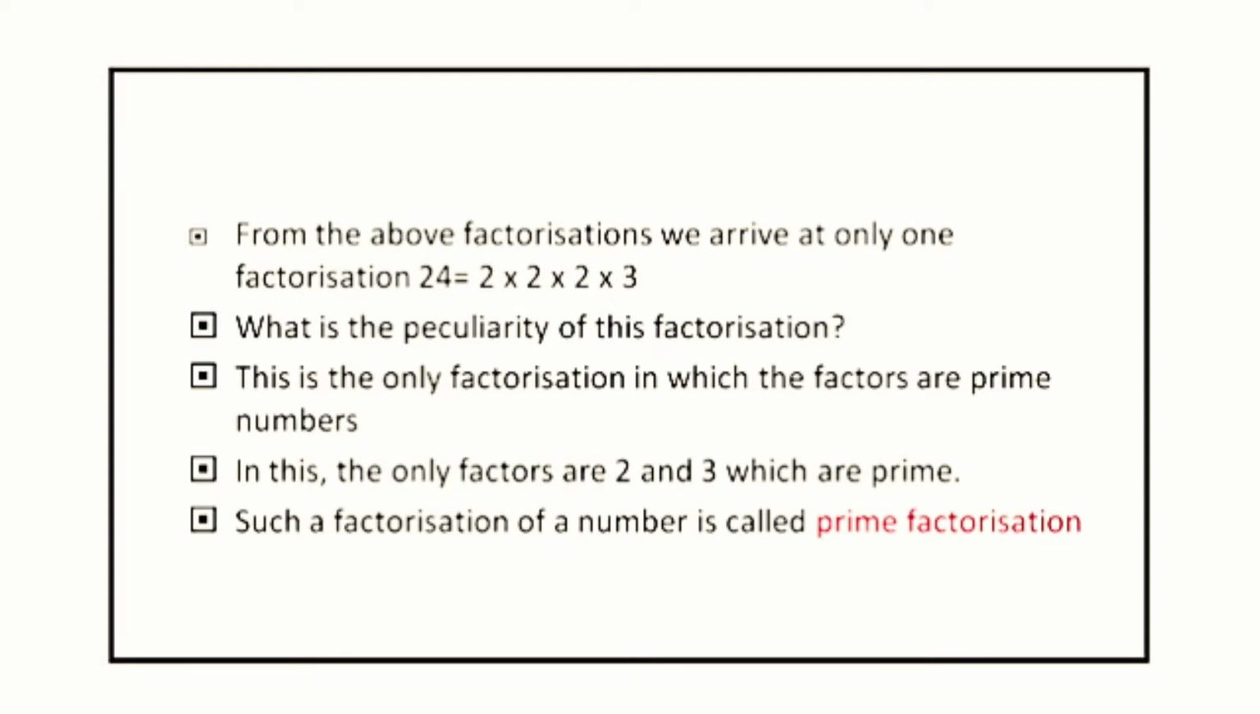What will be the peculiarity of this factorization? Are you able to find something peculiar about this factorization? This is the only factorization in which the factors are prime numbers. See, the number 2 and number 3 are called prime numbers. In this, only the factors which are prime are taken. That is why this method is called prime factorization method. Thus, in the prime factorization method, prime numbers which come as factors are multiplied in order to get the